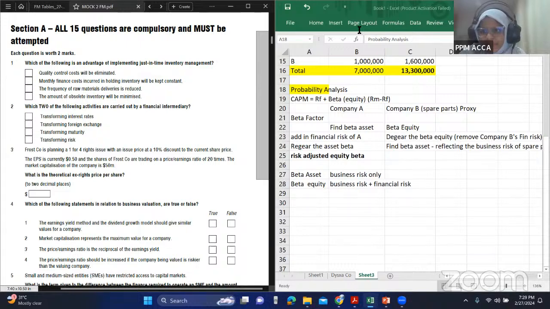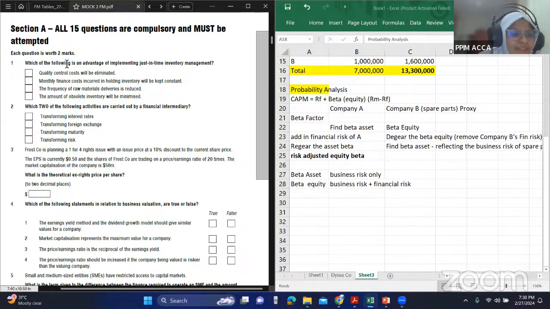Okay, so I hope you guys are back. Let's start with the MCQs, okay? So it says here, this is section A. As you all know, there's a section A and a section B. A is basically small questions. Each of them will be independent. So it says here, each question is worth 2 marks.